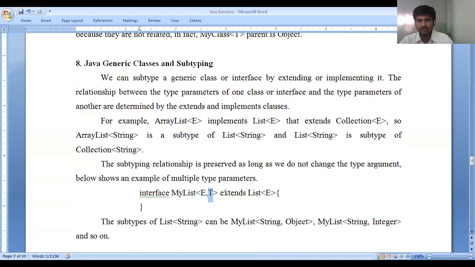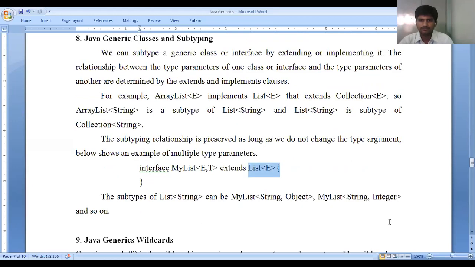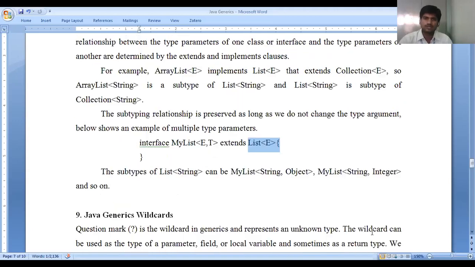It extends List of elements E. A subtype of List of String can be MyList of String, Object, or Integer. The extends keyword is generally used with interfaces. Now, class A extends class B: one is a parent class and one is a child class, so we can get the properties from one class into another.